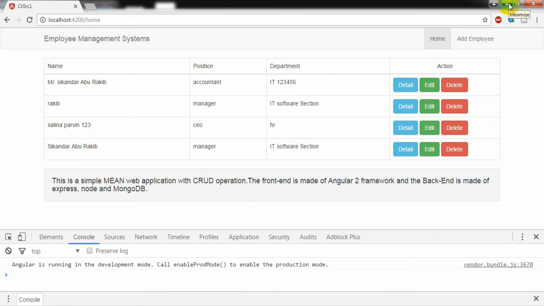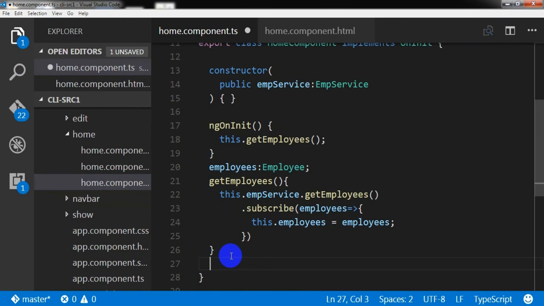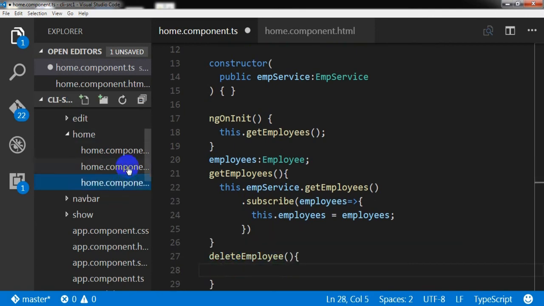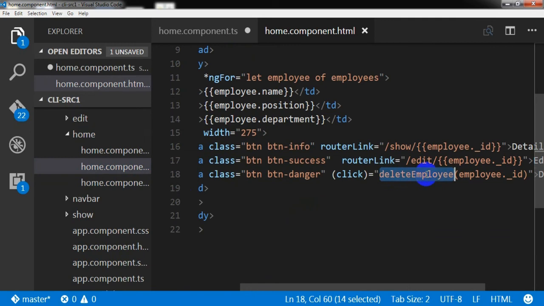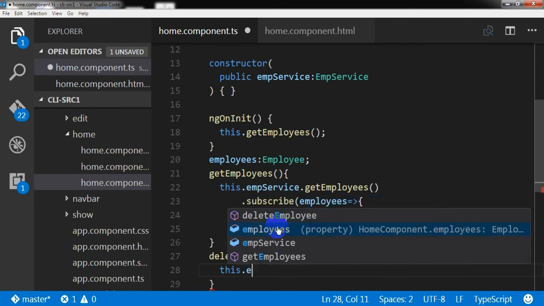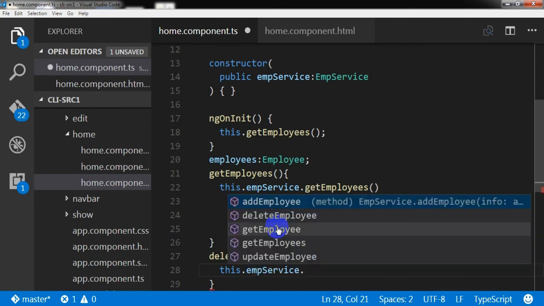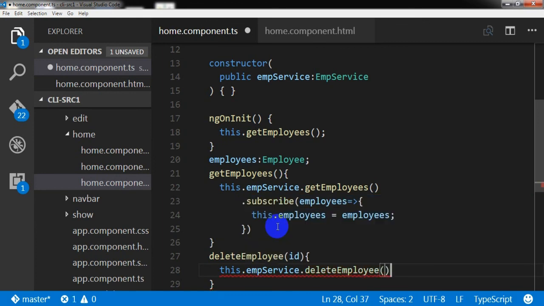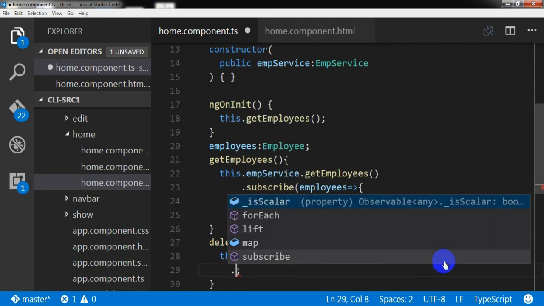So now I can create the delete method, deleteEmployee, and from here I am sending one ID, so that ID will come here, and here I will use this dot employeeService and the deleteEmployee method, and I am going to send the ID and dot subscribe, and